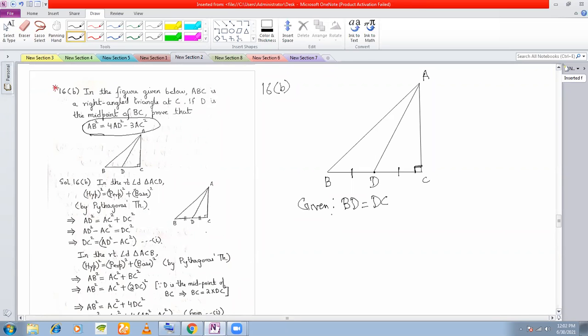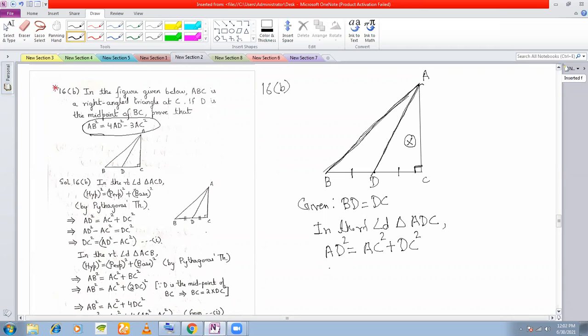Right. So first of all, you will see how many right angle triangles you can see. You can see this right angle triangle ADC, and you can see the right angle triangle with AB as the hypotenuse. AD is the hypotenuse of ADC, and AB is the hypotenuse of ABC. Okay, so we write first in the right angle triangle ADC, the smaller right angle triangle, AD square, hypotenuse square, is perpendicular square, AC square, plus base square, DC square.